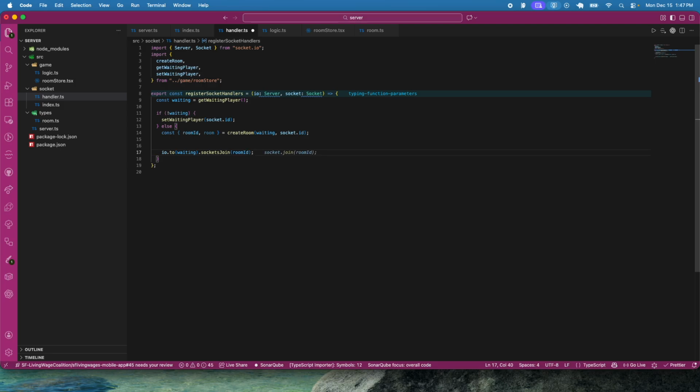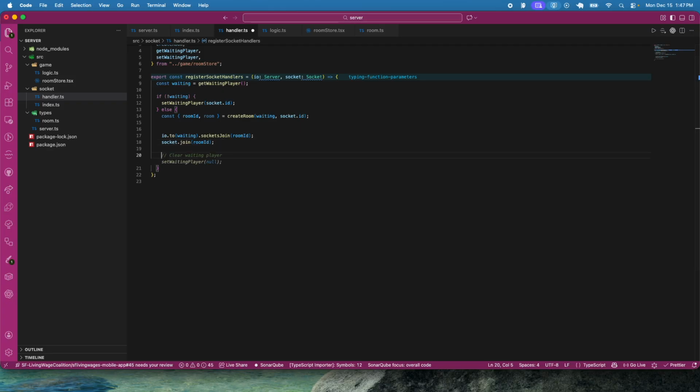And it's the wrong ID, right? The room ID. And then we need the socket that joins the ID, right? And basically, like I said, now that both players are placed into the same private room, the messages can be sent to just those two players, right? That's what we are doing here. And then right after that,